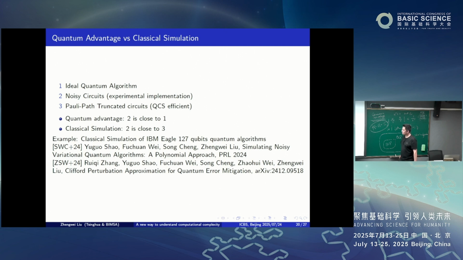And then we wrote two papers. In the first one, we used path integral to show that for the experimental result with noise, we can simulate that classically with high accuracy and shorter time. So that won't have quantum advantage. And then we can run their mitigation method to get the same mitigation results. In the second paper, we say that even for mitigation, we can find a good mitigation method by classical computer, and that has a better mitigation effect using those kinds of Clifford ideas. So essentially, this doesn't have a quantum advantage, but still, this is the current status.